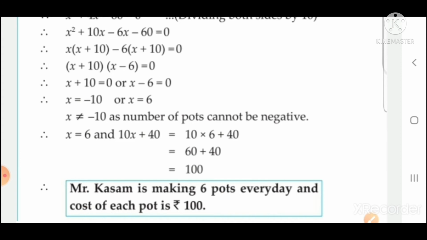So 6 pots, 6 into 100, 600 becomes, right. So this is how these sums can be solved. So practice these sums once again, go through this lecture once again, okay, and then try to solve in your notebook. Once you understood the framing of the condition, then the sums are very easy, and you should know the factorization method, and you have practiced also, so you are well aware of this method and you can use this method and solve the sums.